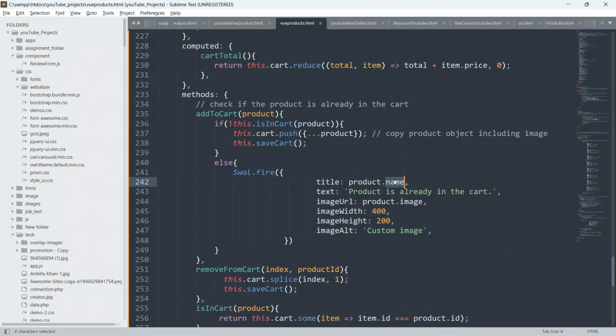Only then are we able to see the product image, like currently which product the user is trying to add into the cart.